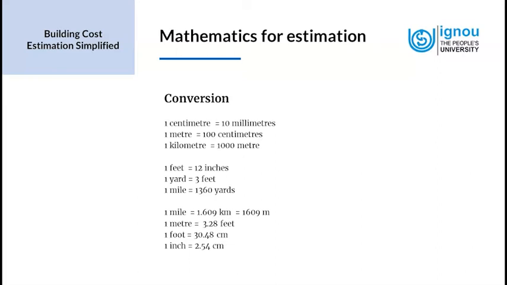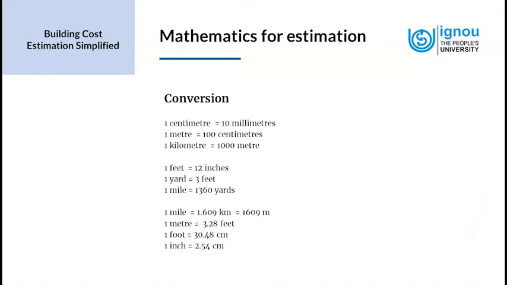So if we have one entity in meters and another quantity in centimeters, in order to perform any mathematical operations between them, it is important that both of them are in the same unit. So if we have one entity in meters and the other in centimeters, either we have to convert both into meters or both into centimeters in order to perform a mathematical operation. For that, there are some conversion tables.